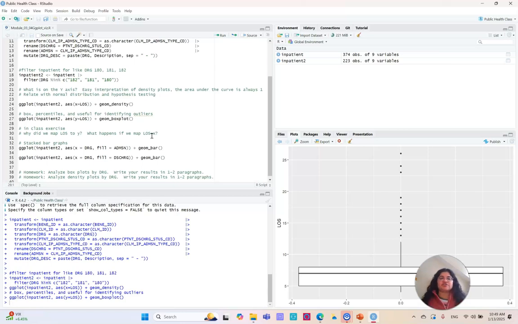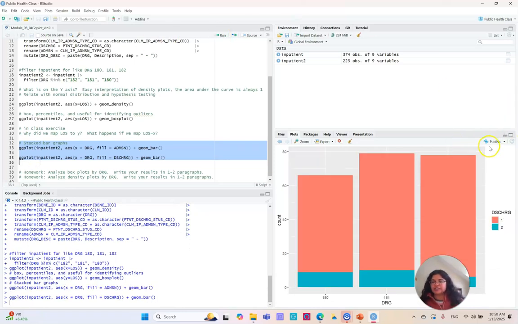The next thing I want to show you, just for the sake of completeness, we had talked about bar charts. And now I want to show you a stacked bar chart. So in this stacked bar chart, I am filling in the admission flag. And the next one is where I'm filling in discharge. So for discharge 1 and 2, you can see 2 means